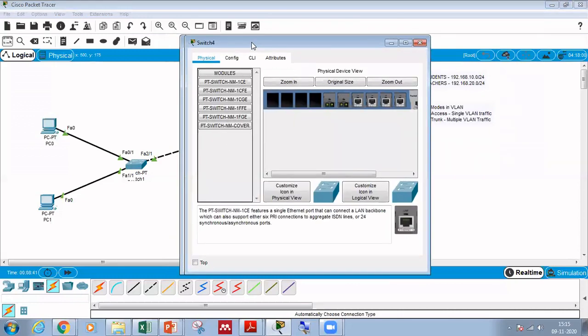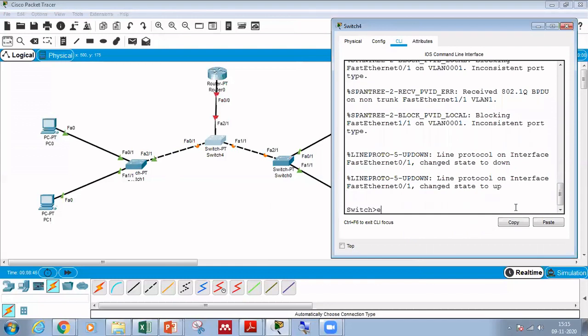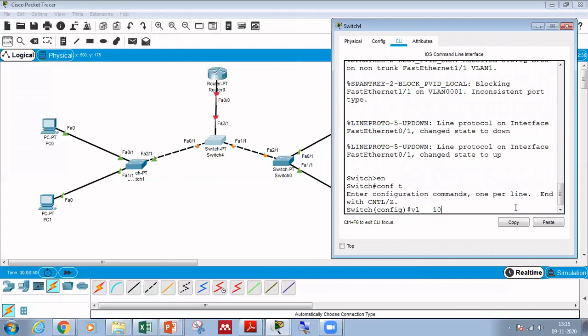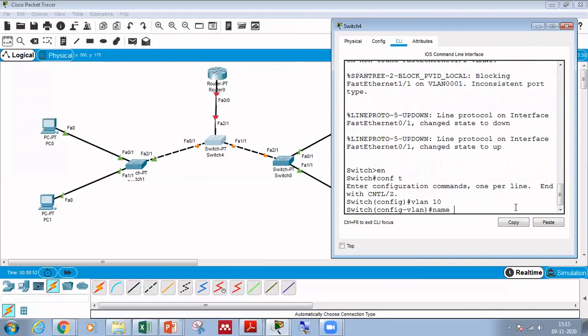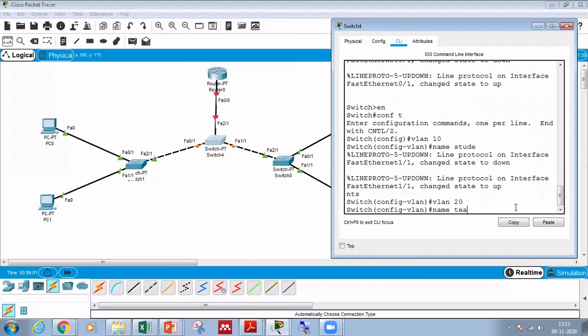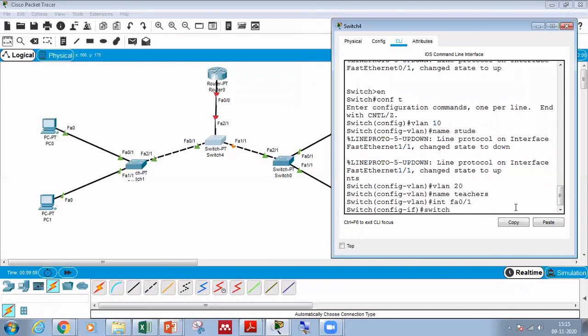The middle switch also needs to be configured. We say en, config t. We'll tell what VLANs are present: VLAN 10 name students, and similarly VLAN 20 name teachers. Then go to interface FA0/1 and say switchport mode trunk.